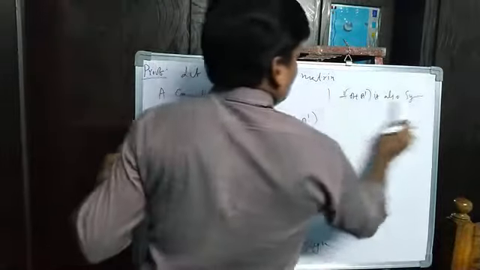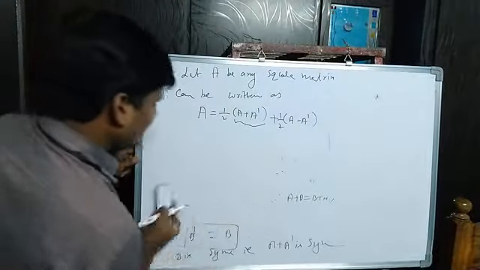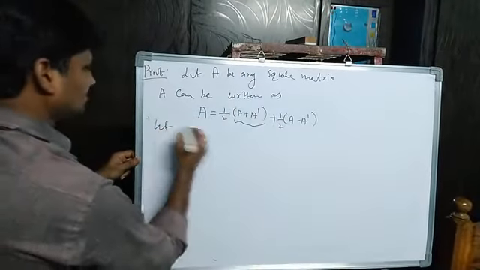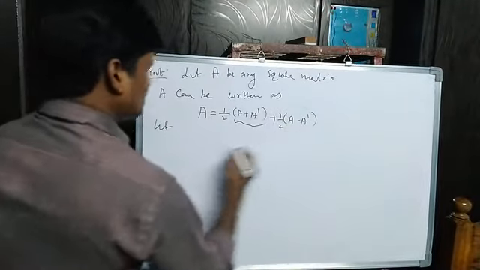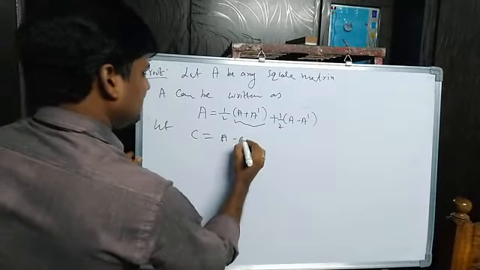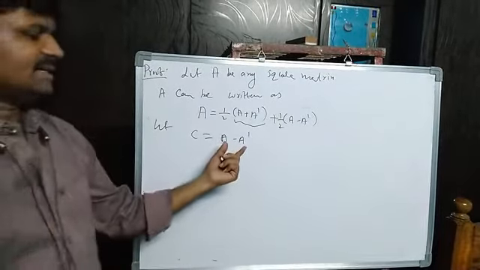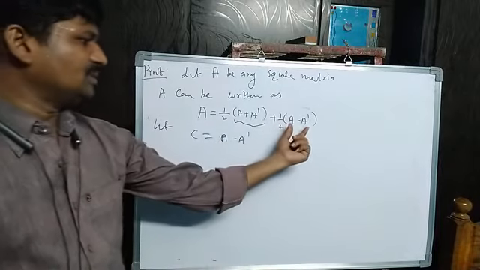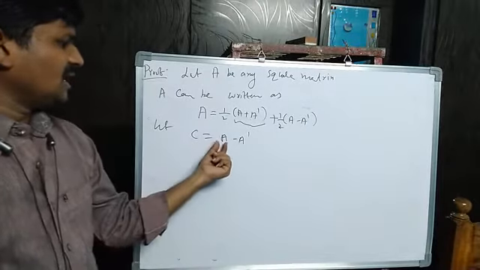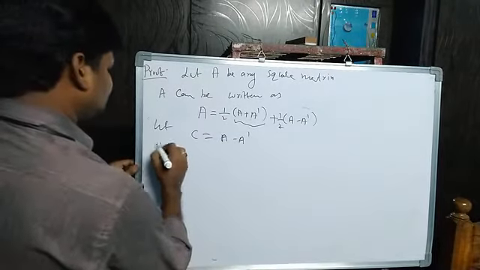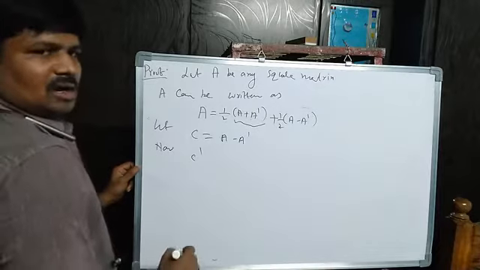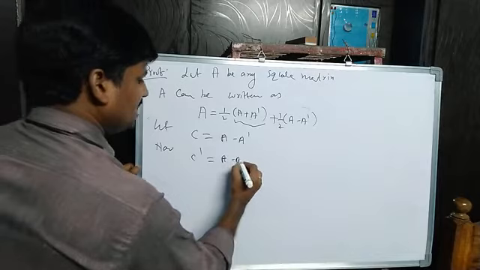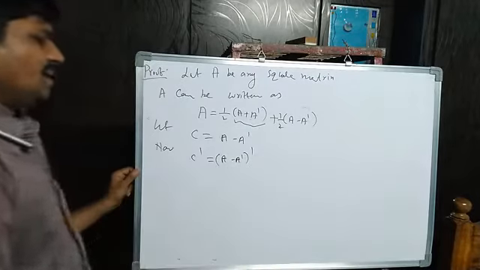To prove that one, again, what am I taking here? Let this matrix, that means A minus A dash, be C. Let C is equal to A minus A dash. Now we have to prove this matrix is skew symmetric. So to prove this as skew symmetric, first I take C is equal to A minus A dash. Now apply dash. Dash means transpose of matrix C. So here what will be? A minus A dash whole dash.